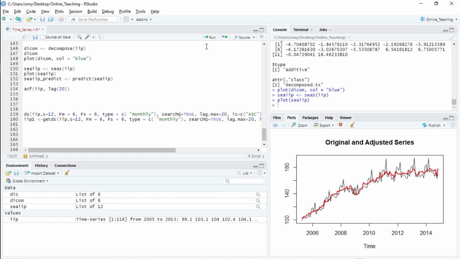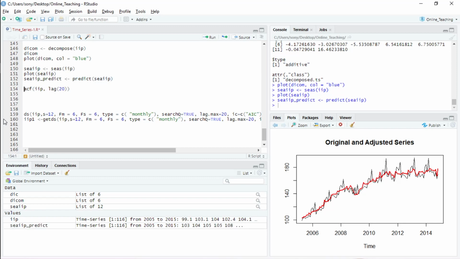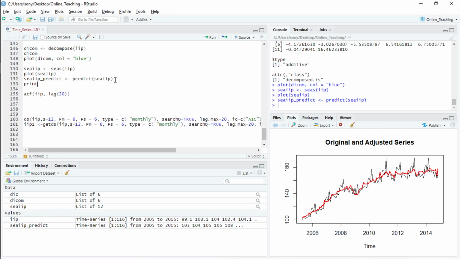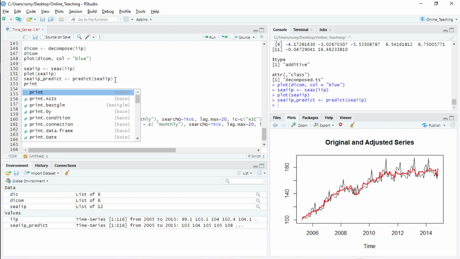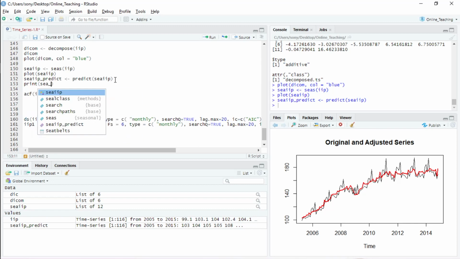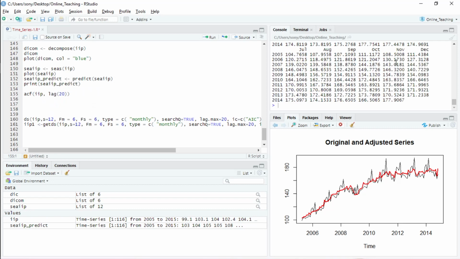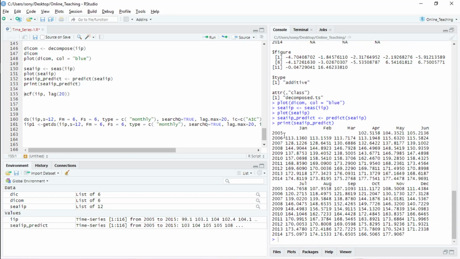Then if I call it, another series is created. So we have our new series. If I write print CAIIP predict, now you will see that this is our deseasonalized data, and there is a difference.